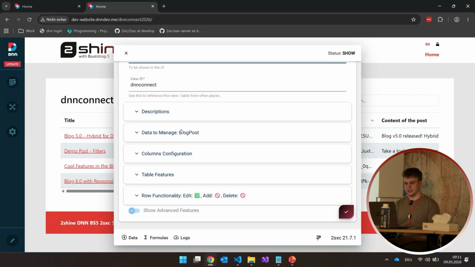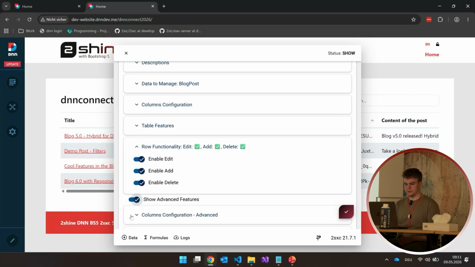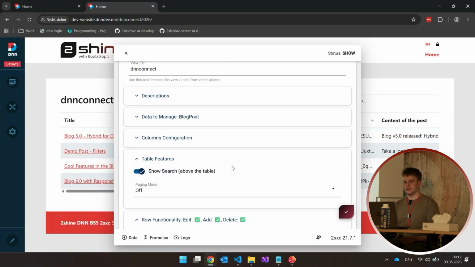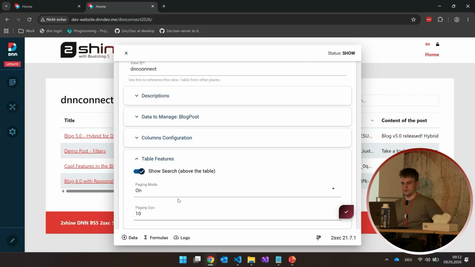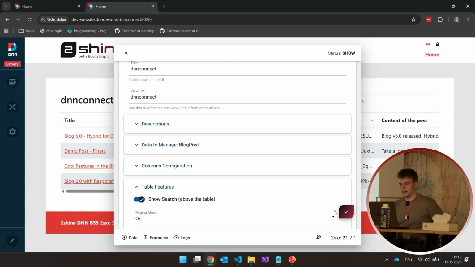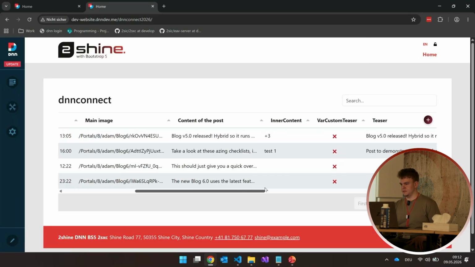By editing the table again, we can toggle on a disable button or a delete button. We can also, okay, I come to this later. Exactly, we can also edit the paging mode. So toggle it on or off and decide the size, as Daniel already mentioned. And now when I hit save, we should have,